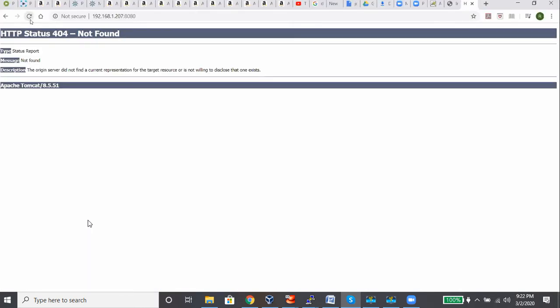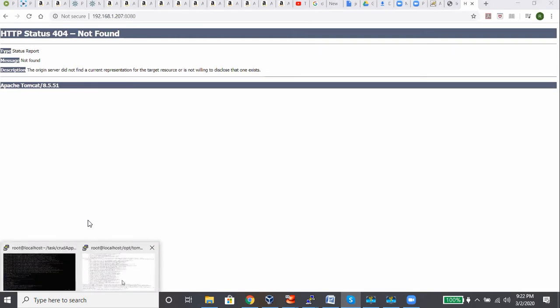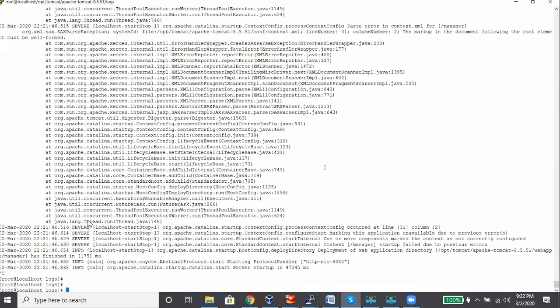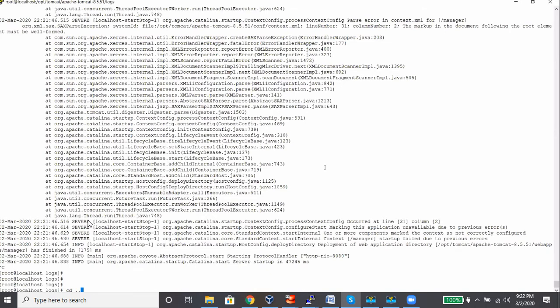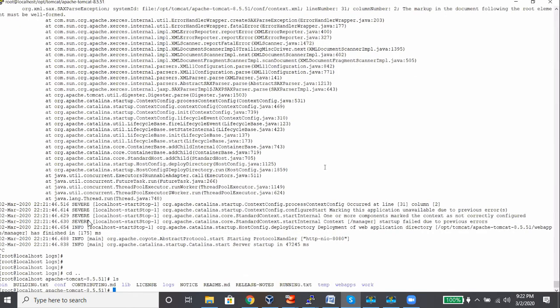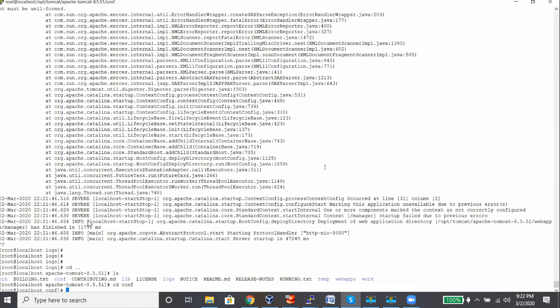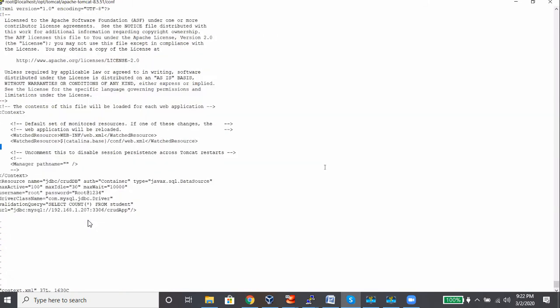But maybe there is some problem in context.xml. So in conf, context.xml, let's say I comment this line, this line, this line, this line, this line.